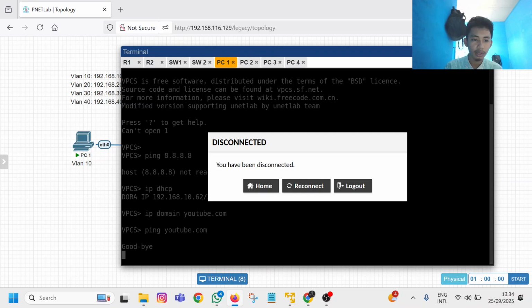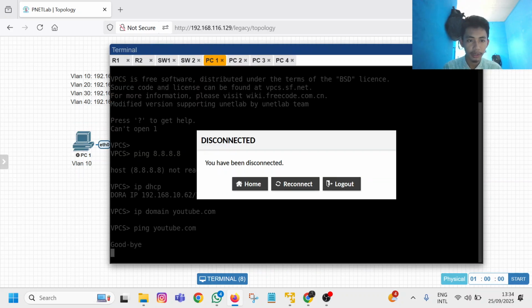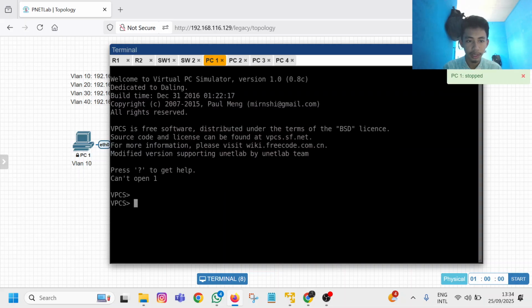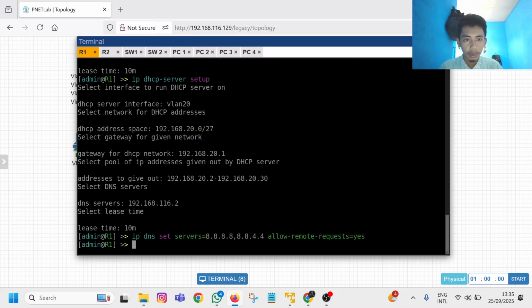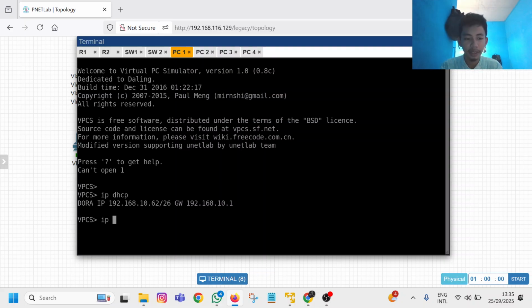Let me turn this off again and turn it on again. Okay. IP DHCP. IP DNS set server. It's already the right one. Let's try again. IP domain, now not YouTube, just domain